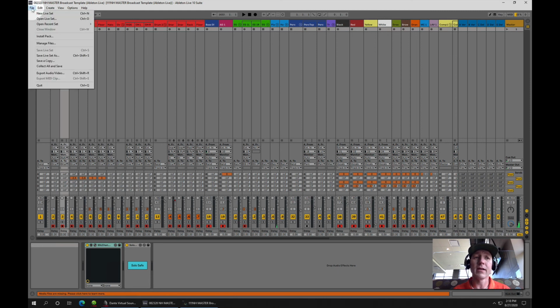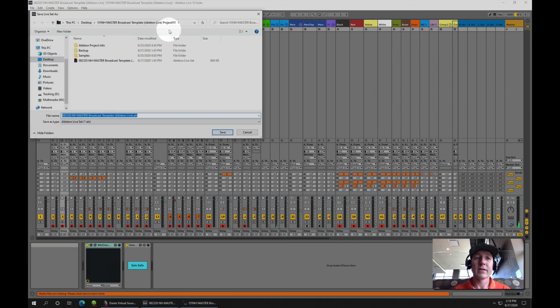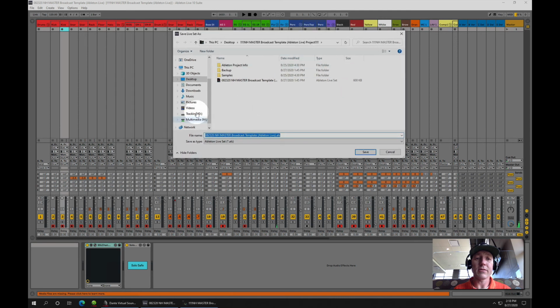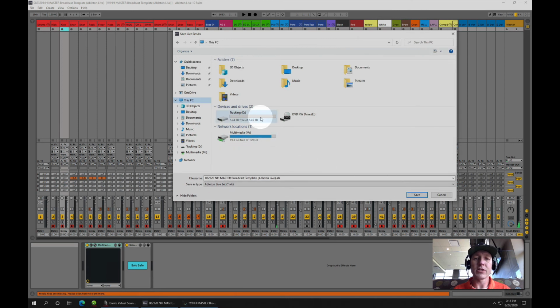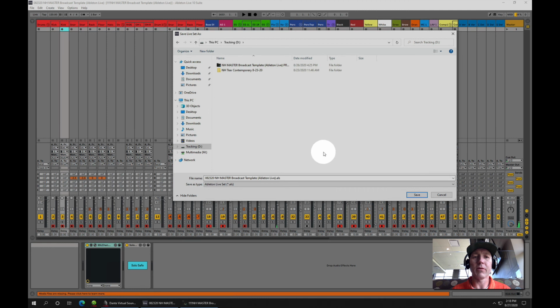How we're going to do that is a save as, all right, and then you'll note right here under this computer, a couple ways you can get there. This PC or the tracking drive, that's one and the same. Let me blow this up a little bit. The tracking drive, which is a 5.45 terabyte space of dedicated room for tracking in Ableton, we can get there a couple ways. So what I want you to do is click on that,